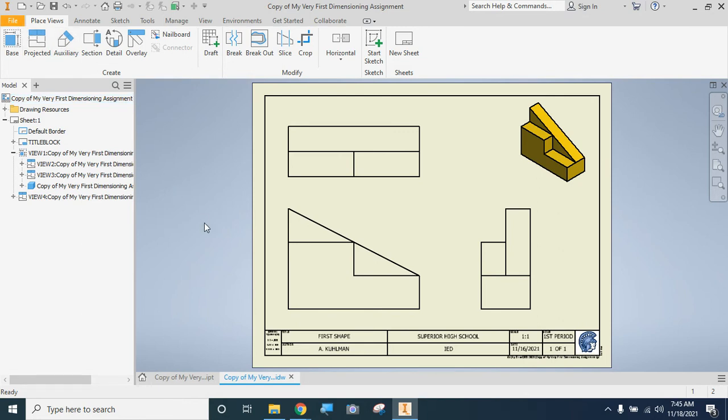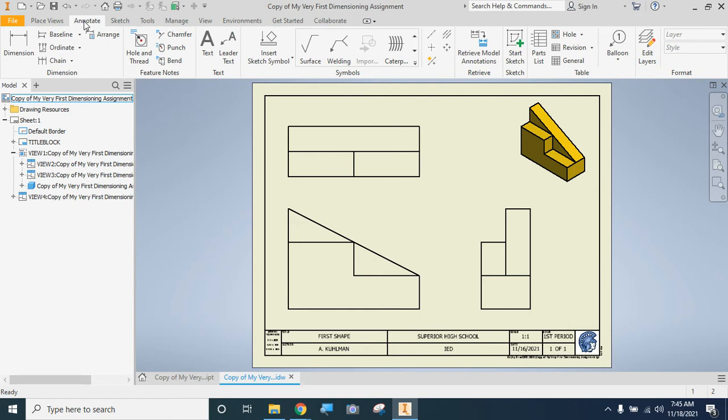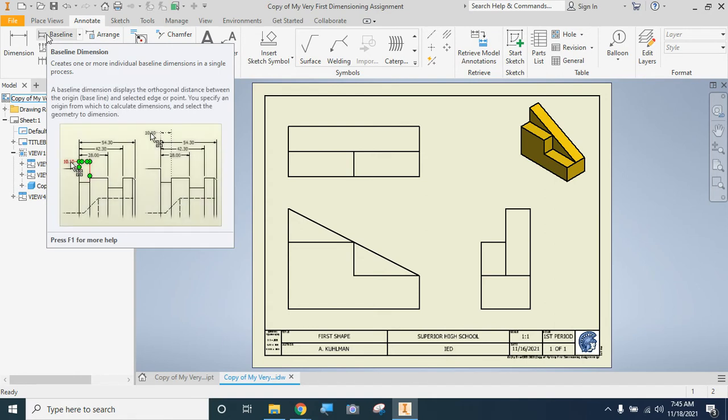So now in this file, I'm going to come to the Annotate tab. This is where we can add dimensions. And I'm going to do a tool called the baseline dimension. This will put multiple dimensions on an object with a relatively few clicks. So if we look at this little preview screen here, you can kind of see what it's going to do with our dimensions. It's going to display the largest one first, and then it's going to put a bunch of